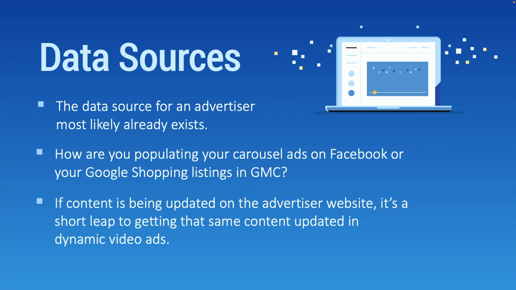Data sources, we don't really need to do a deep dive on because this is actually one place where there is essentially no change in how we're doing things with dynamic display ads as how we now do them with dynamic video ads. So right now, if you are running dynamic display ads on Facebook, you've already set up a Facebook catalog, and maybe you've got some sort of feed connected in there as the data source. If you're doing Google Shopping ads, you've got some sort of feed set up in your Google Merchant Center account. The exact same process occurs with dynamic video ads. There really is no change whatsoever,